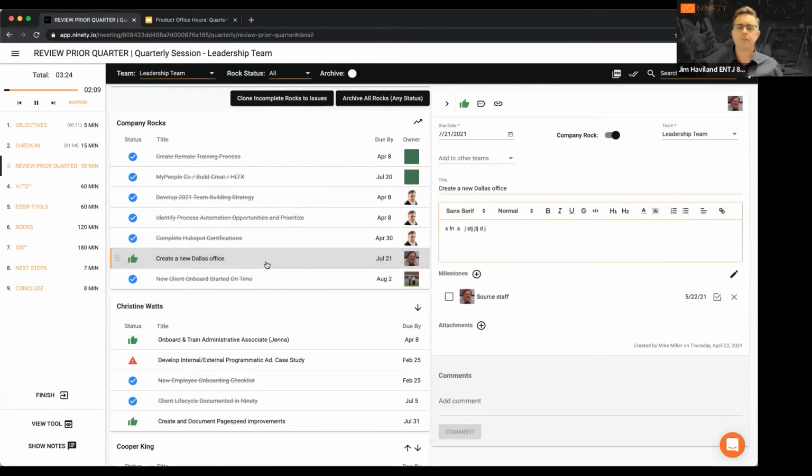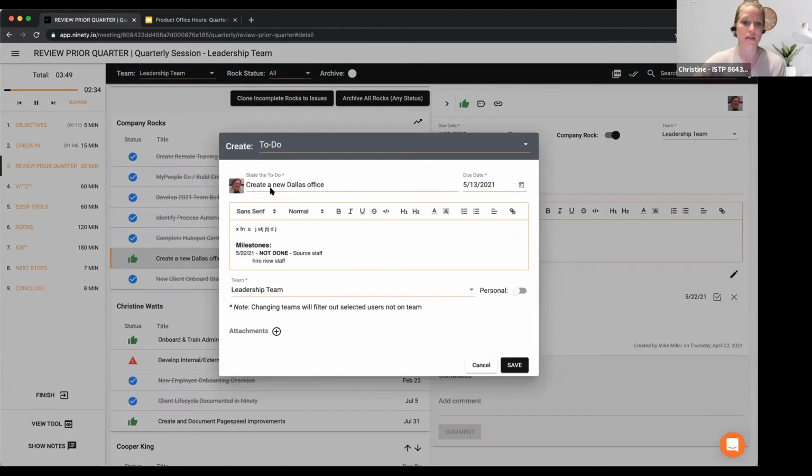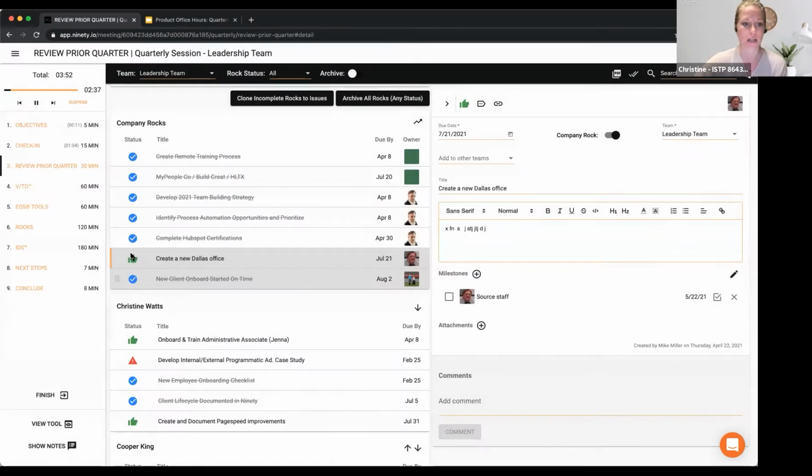Yeah. One thing I will call out on here when we're looking at the completion rate: on track does not equal done. Only this done marker means that the rock is officially done. Anything that's on track or off track means not done. I know what we do internally, Jim, you can probably tell me how widespread this is, but if the rock just needs a to-do, okay, there's one thing left on this, all we need to do is this one thing and then the rock's going to be done, we'll mark it as done for the quarter and give ourselves a rock. It's just a 7-day action item to finish it up. So that's definitely an option.